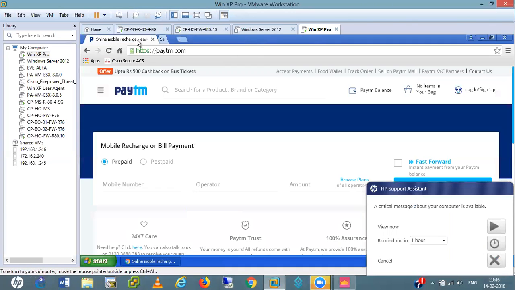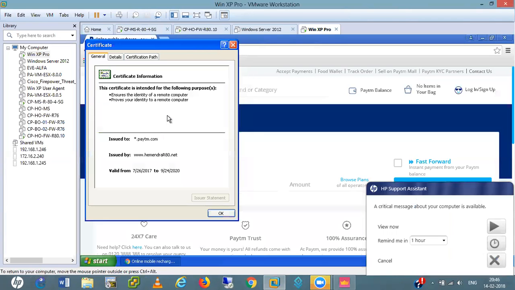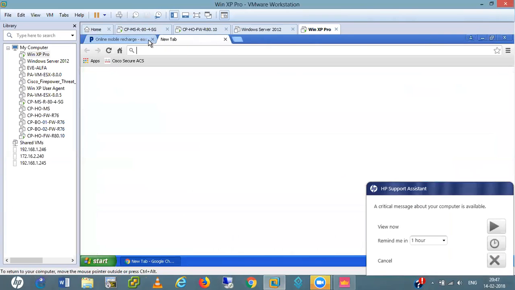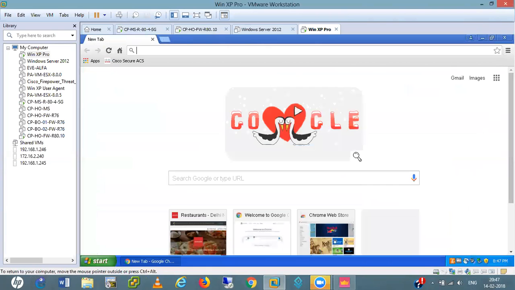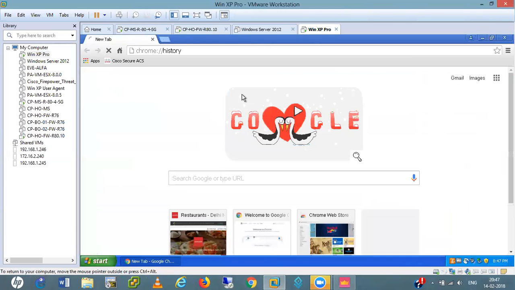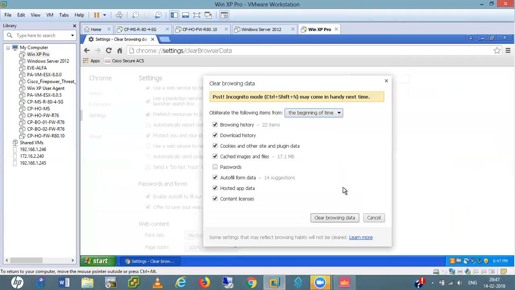If I check the certificate of Paytm, this is how we do the configuration and verify whether our traffic is being decrypted or not. It takes some time, so don't panic. You just configure these things. Now let me clear the logs history again, and clear the browsing history here.